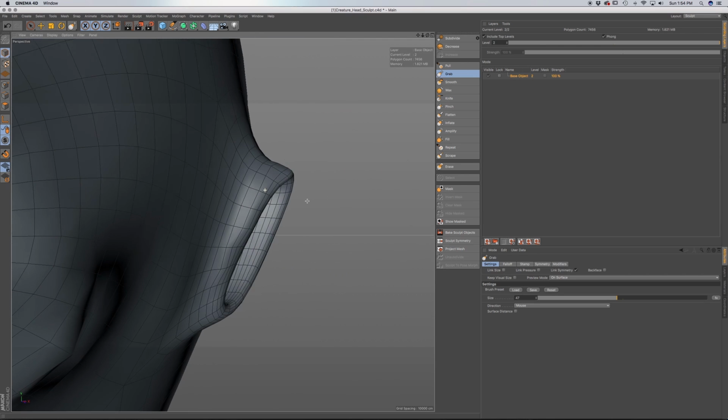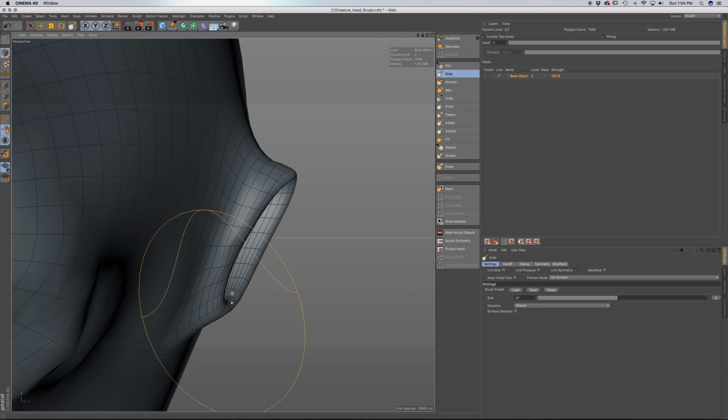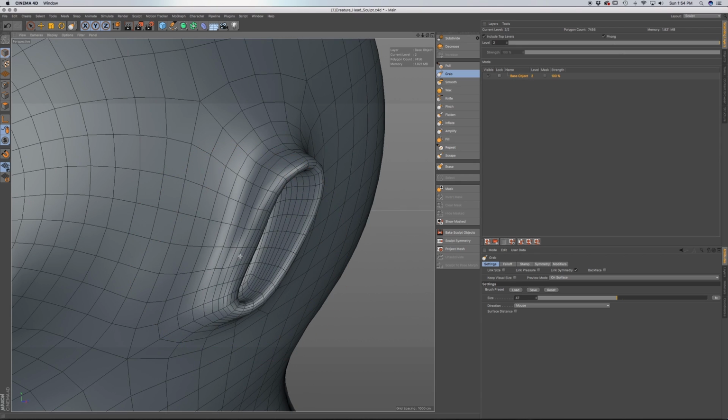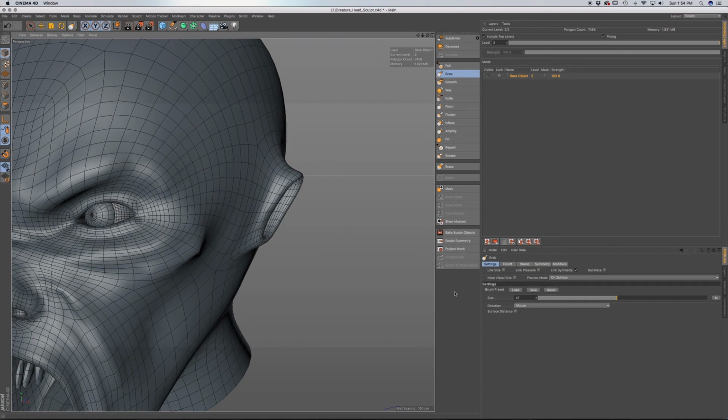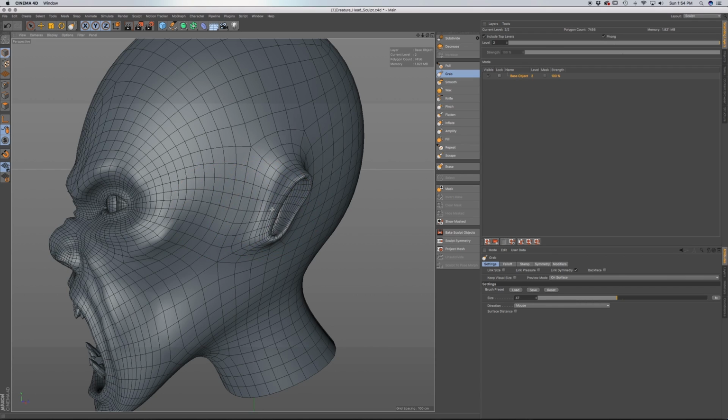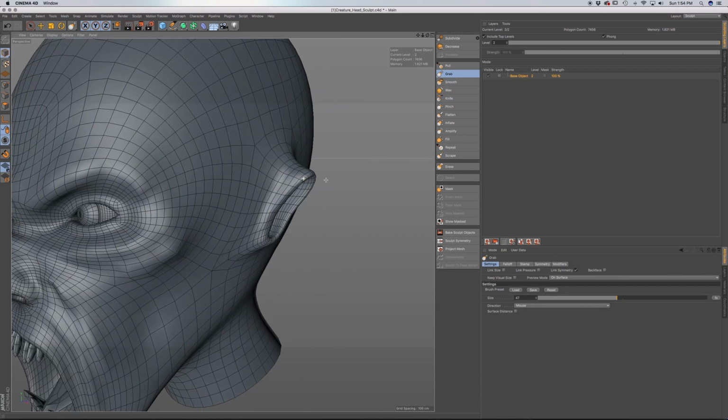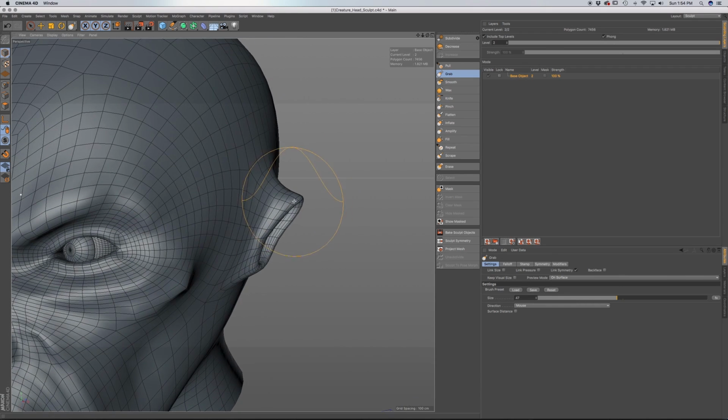Maybe pull this out a little bit, push this in, shape it a little bit. And as you can tell, it's not really a human ear. It's almost a little Dragon Ball Z-ish. But I really didn't want to... my main focus is really on the face